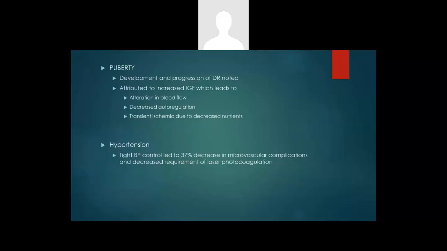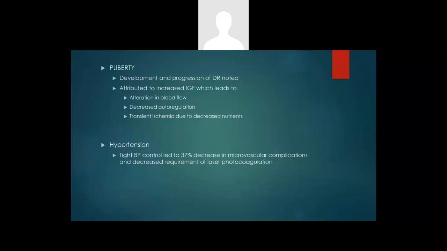The next risk factor is puberty. This comes into play mainly in type 1 diabetes mellitus. In puberty, the development and progression of diabetic retinopathy is noted. This is mainly because of increased insulin-like growth factor, which causes alteration in the blood flow, and the important thing is that the normal autoregulation in the retinal blood vessels is lost, which results in transient ischemia and diabetic retinopathy